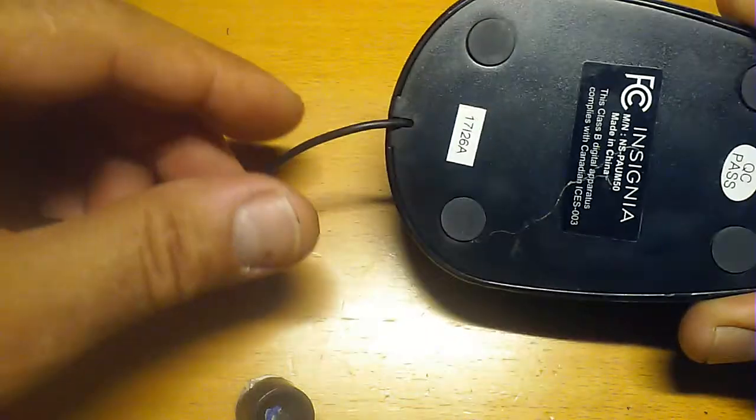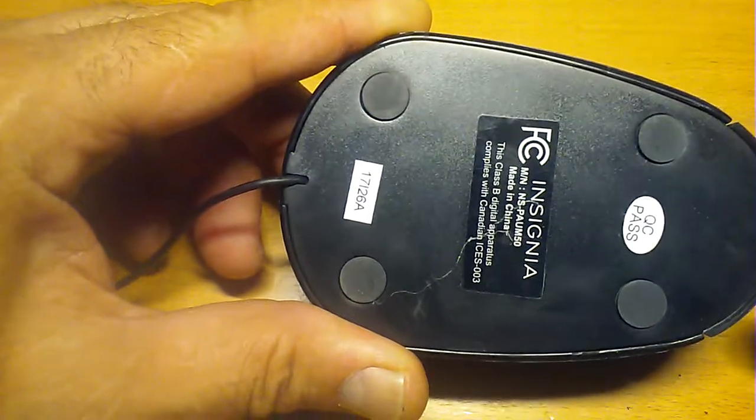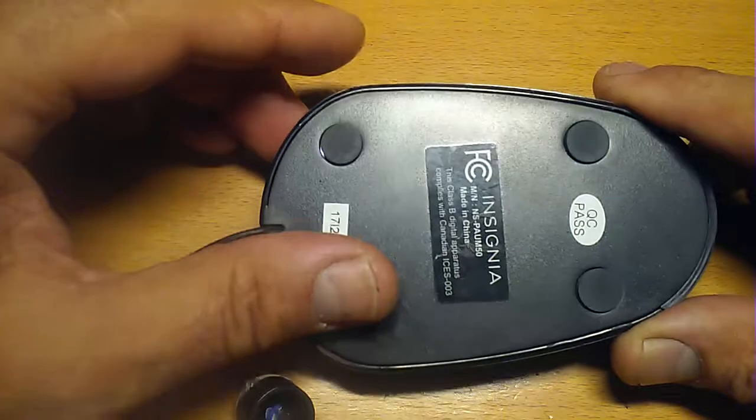So when I was talking with the phone, it was noisy. So I just shook this microphone, and I understood that something inside was loose and making the noise. So after that,